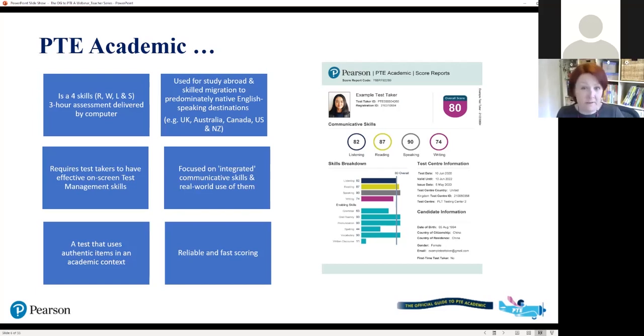So there's no face-to-face component in this test, which means that, as you can imagine, it's quite an intense experience, actually. All the 4 skills are integrated throughout the different tasks. 3 hours is a long time with 1 break in the middle, and it is all computer-based. So we'll talk a lot today around what that implies for the test taker and for the teacher as well, in terms of the test prep that you need to have and what it needs to include.